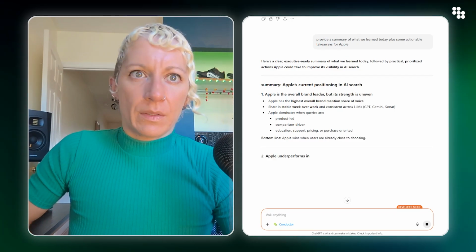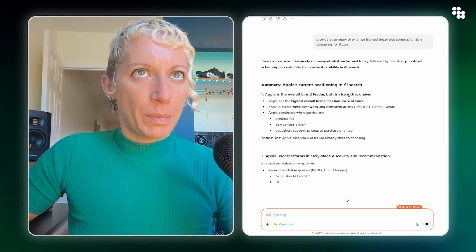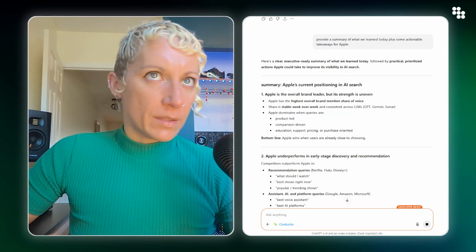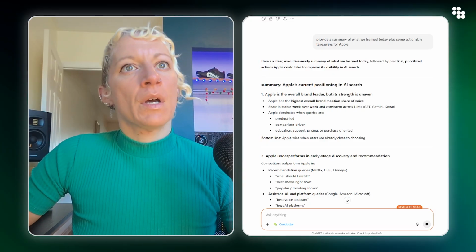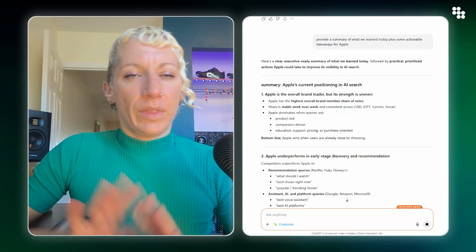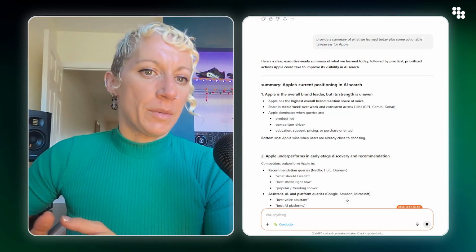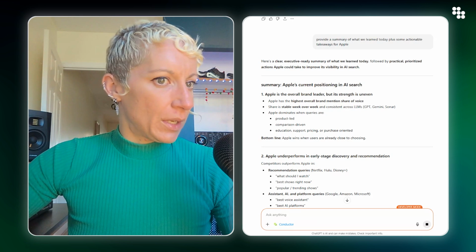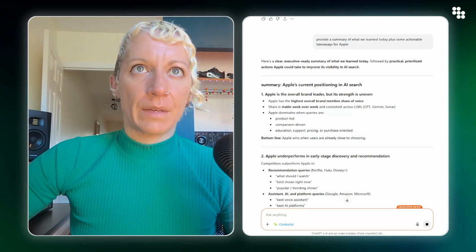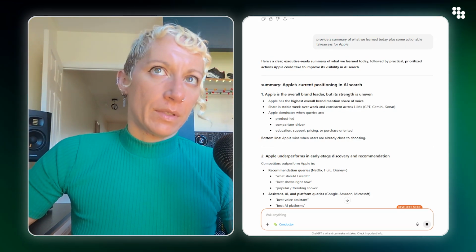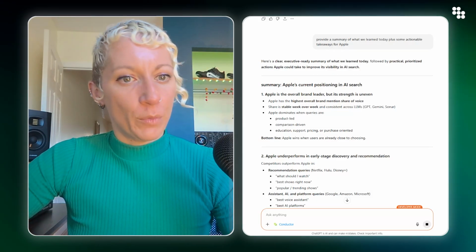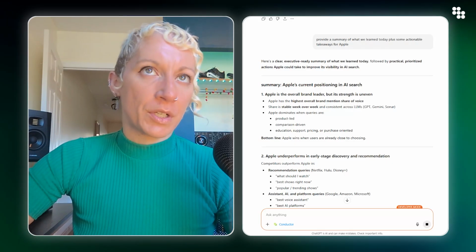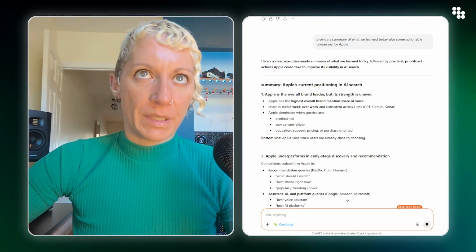This is really helpful because you can basically have these long conversations with ChatGPT, using the Conductor MCP, and you can learn lots of different things depending on the direction that your conversation goes. But then it's always helpful within that same conversation to ask ChatGPT for a summary of what we learned, and it's going to basically go through that whole conversation, gather all the insights and summarize everything for you and give you some high level takeaways. So this is really helpful because if you want to move quickly and really get an understanding of how a brand like Apple is positioned within AI search, you can get that all directly from the ChatGPT interface using the